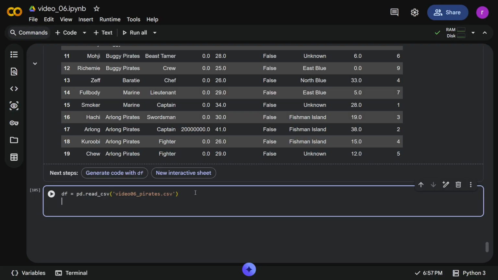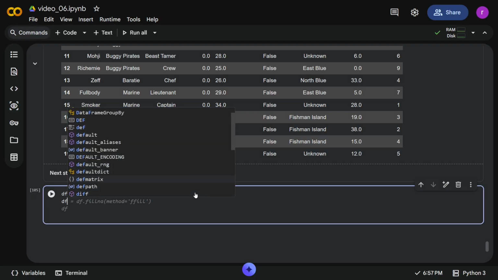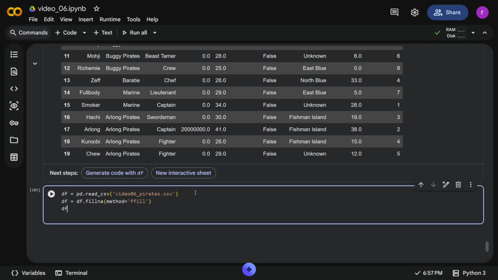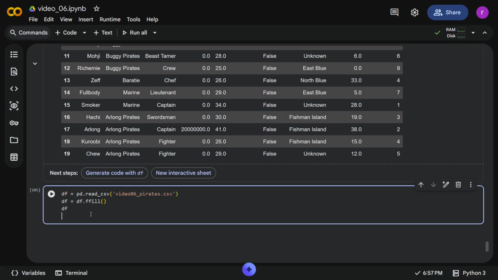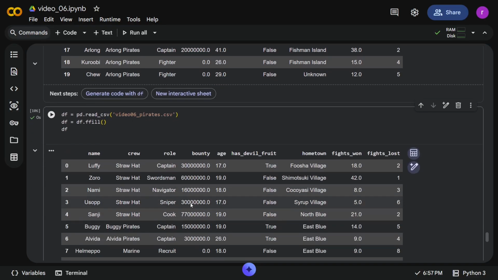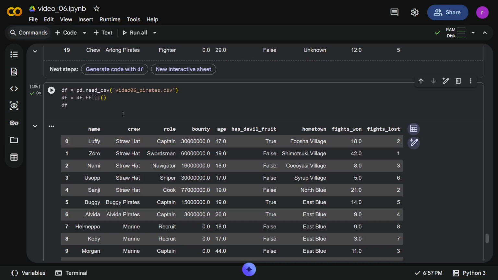And we could do the fillna method, the forward fill, on the whole data frame. Like this. Or the backward fill, but